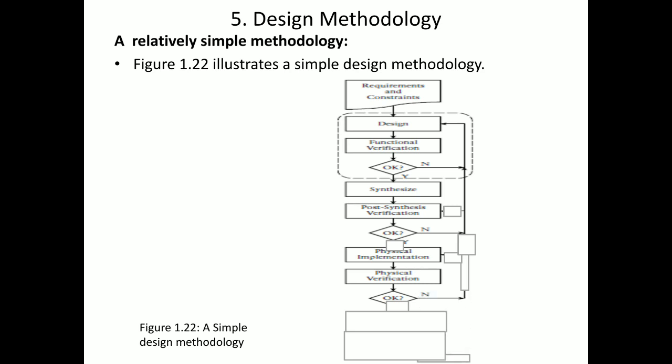The next stage after physical verification is manufacturing. We will be sending the physically verified design to the manufacturer, meaning the IC manufacturer. Once the ICs have been manufactured, we'll test the ICs on the silicon wafer itself. We'll separate the defective ICs to one side and properly functioning ICs to the other side, and we'll send them to packaging. After the packaging is done, before selling to the customer, we'll go for testing.